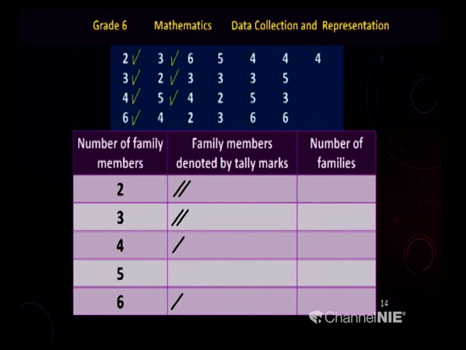Then next one, 5. Actually, this is like a game, my dear children. So this is very easy for you, I know that. Then the last number, that is 4. Then I am going to put that tally mark in front of 4. Then I have completed 2 columns. Then I am going to move to another, that means the third one.